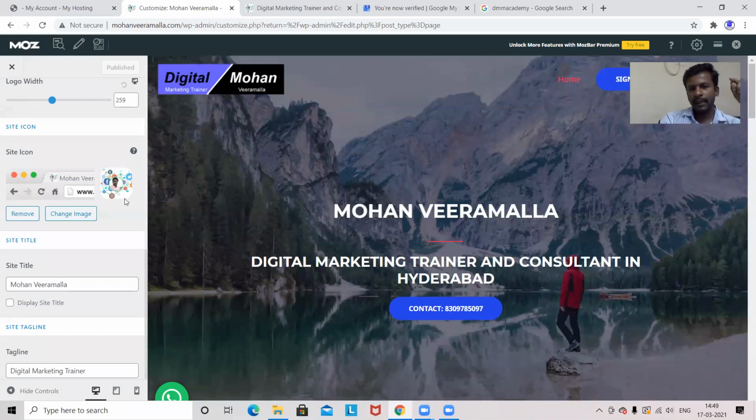Here the site icon size is 512 by 512. That means it will be in a square format. This square image will be uploaded as a site icon, and it will be available at the top of the browser. The same icon you can see here. After giving this, you have to publish, then these sections will be available as a logo and a site icon. Up to here, is it clear?